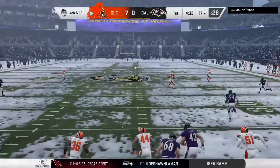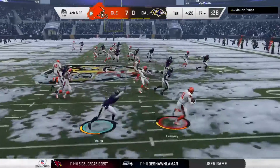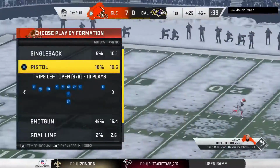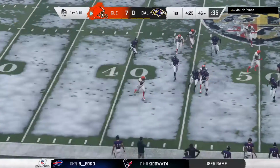Colquitt on to kick as he sends it away. Now Callaway on the return. And he'll be out of bounds, but able to get it up past the 45. A very good return there. Give him an even 20 yards. And the Browns will take over,